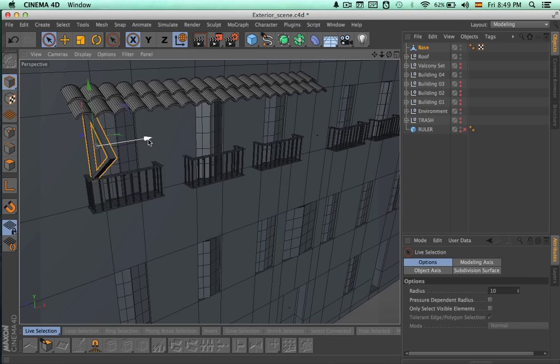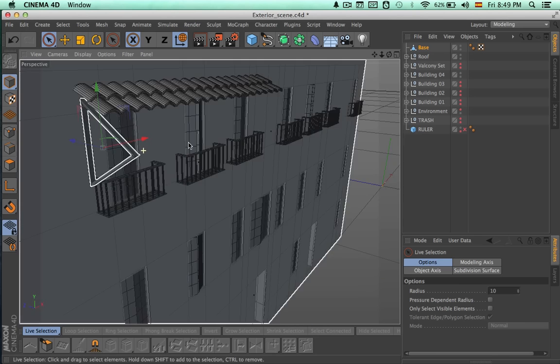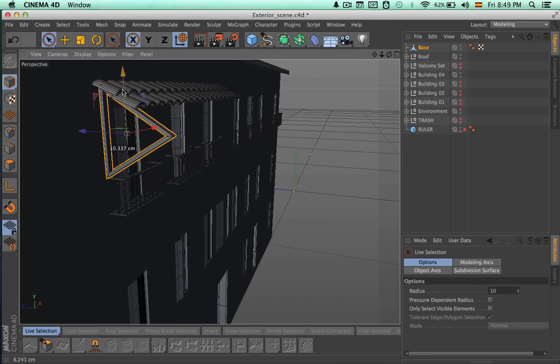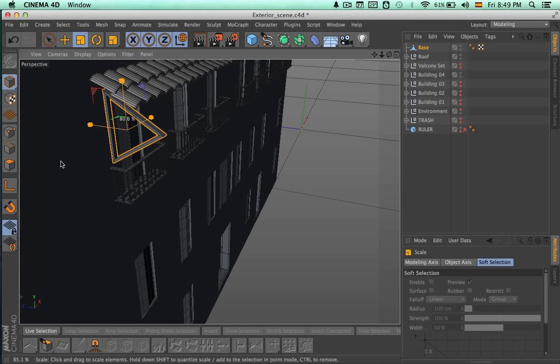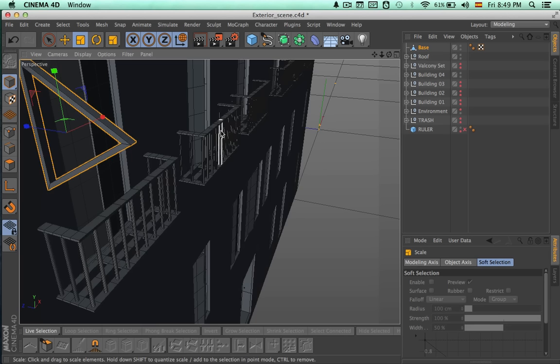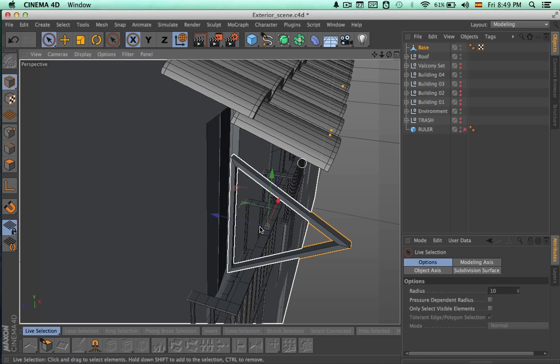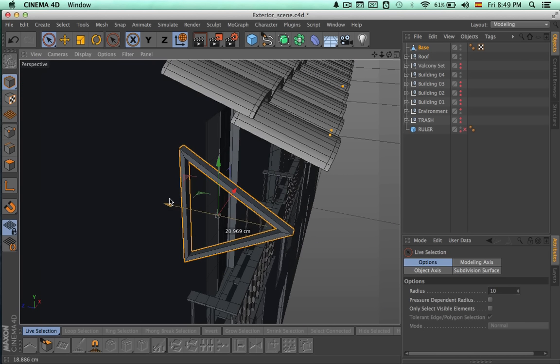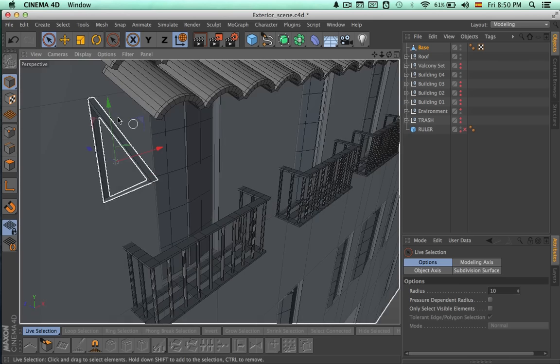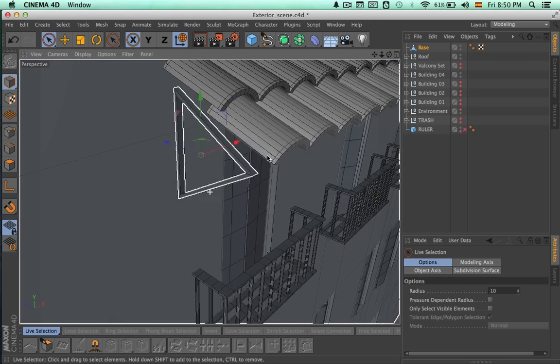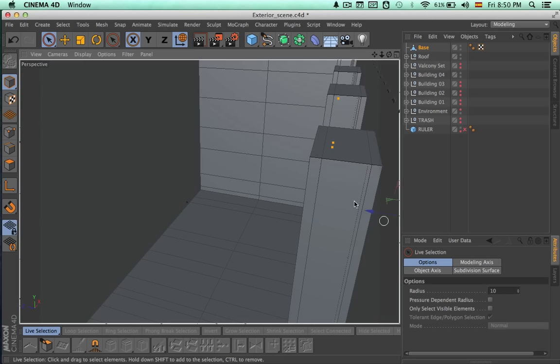Okay, and it still is too big, so we have to make it even smaller, and we have to place it back just there on the wall. So this is going to hold this little roof,